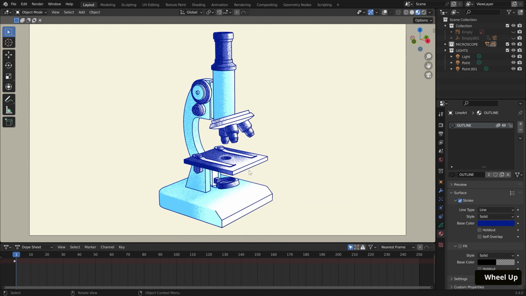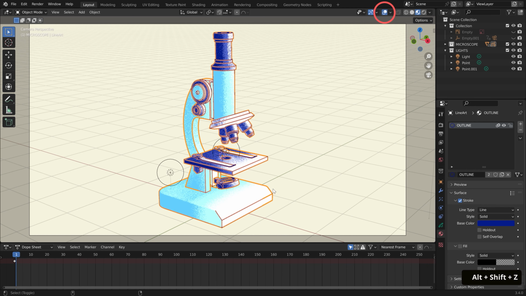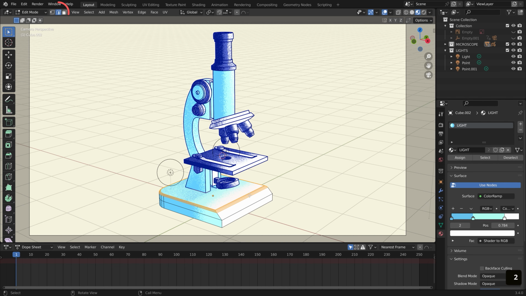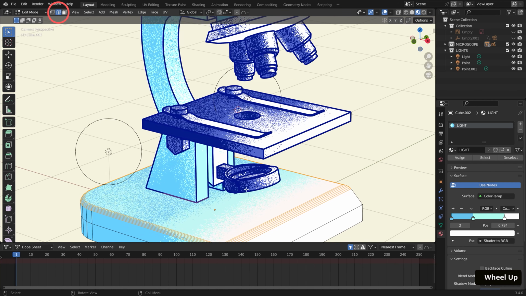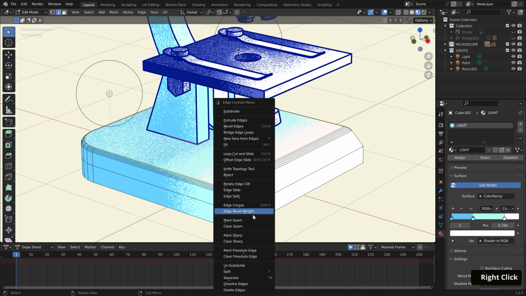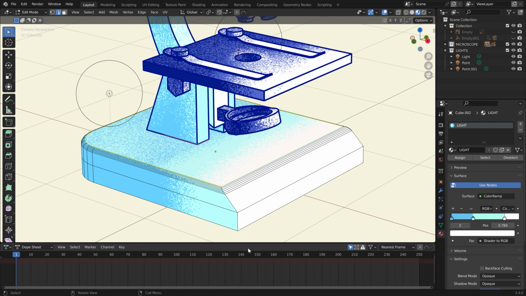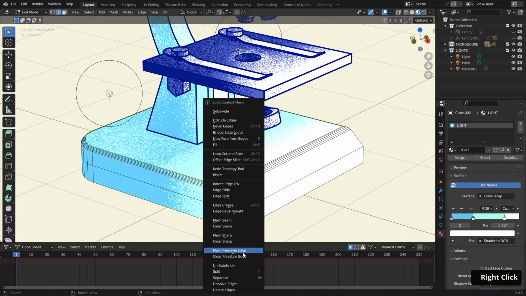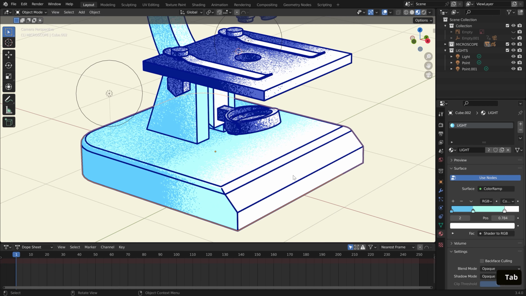Now there are a few areas where I wanted the outline to appear, like on the base mesh, and to fix that, we can mark edges manually so they're included in the line art. Toggle overlays back on, and let's select that base mesh. Tab into Edit Mode and hit 2 for Edge Select. While holding Alt, loop select the top edge of the base mesh, and right-click, select Mark Freestyle Edge. Then loop select the edge underneath that bevel, and right-click Mark Freestyle Edge as well. When we tab back into Object Mode, you'll see those edges included in the line art.